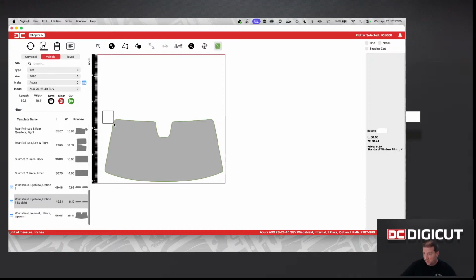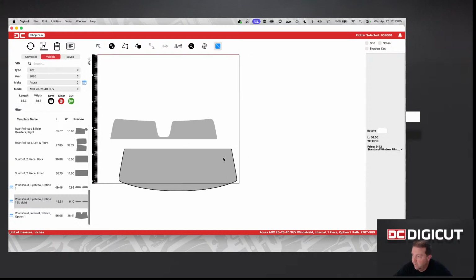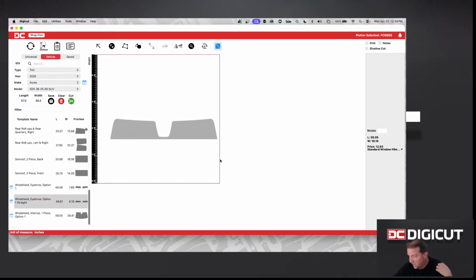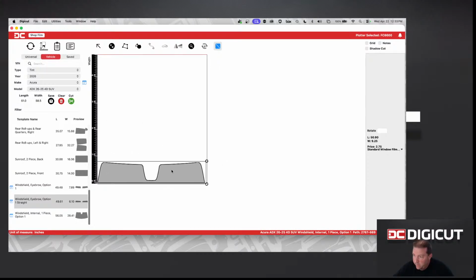I'm going to hold shift and again draw the box because I want my anchor points directly across from each other, right? Just like that. Now it says up here at the top, ready to separate. Click on it again and it separates it for me. Now you could be one of those guys and do a reverse visor. That would be fun. But if you don't want this part, just select it and delete it. And now you've got